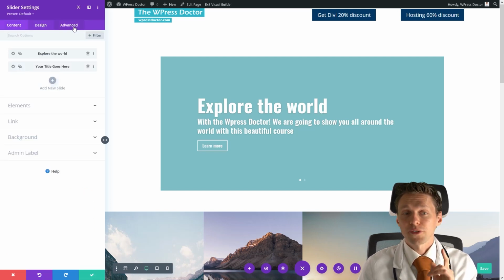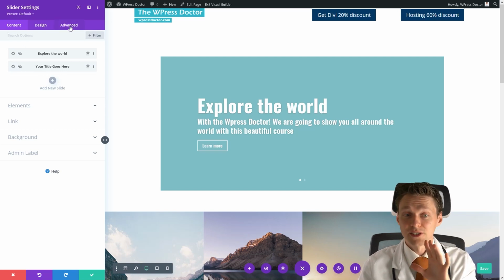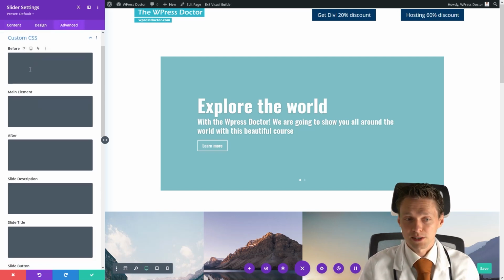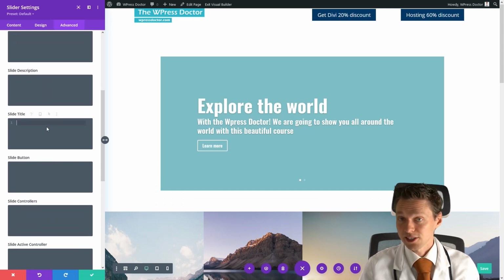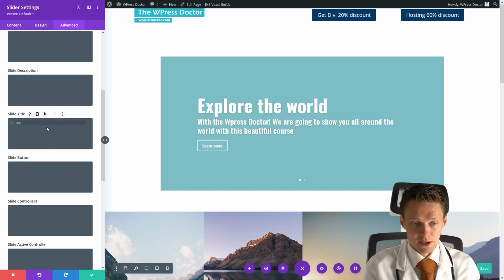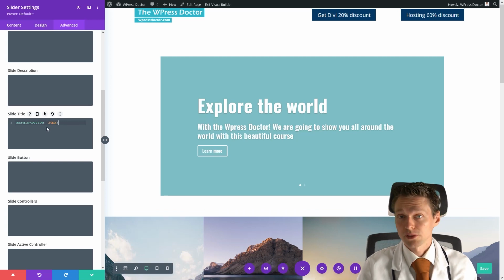And then we go to Advanced in the slider settings, not in the individual slides, but in the slider settings. We go to Advanced, Custom CSS, and we're going to scroll down and we go to the slide title. And here we're going to add margin bottom, well, let's say 20 pixels. And here you go. Now we have added some space below the title.